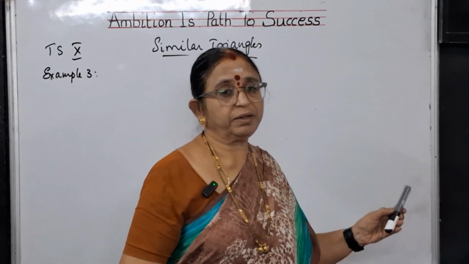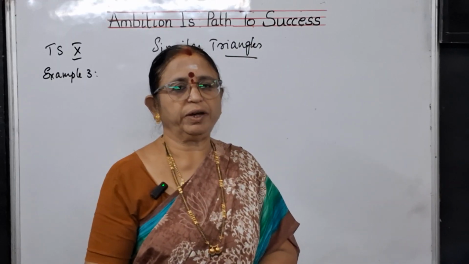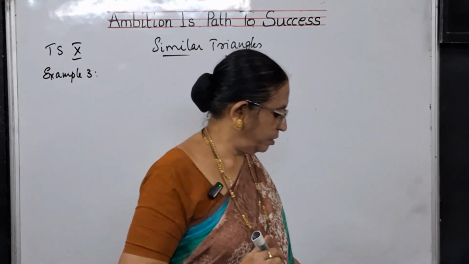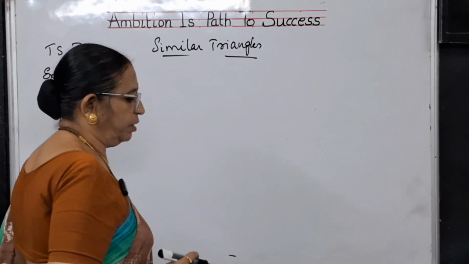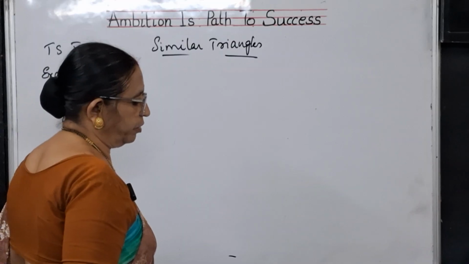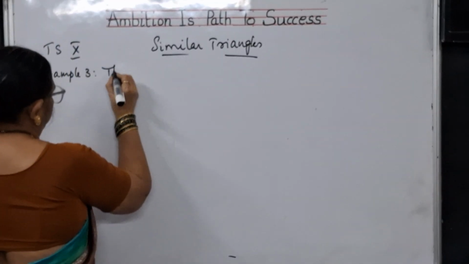Now I am dealing with 10th class similar triangles. Example 3 I am doing. Let me write the table. The diagonal question, what is the problem here? The diagonal of the quadrilateral,